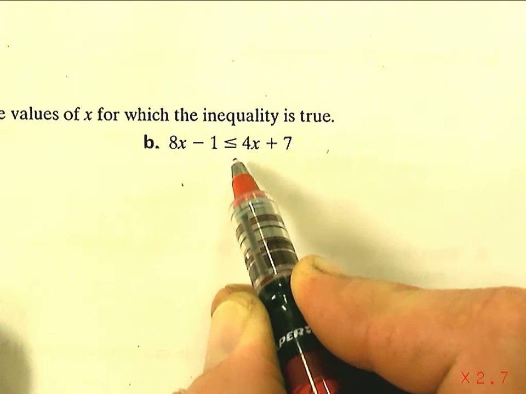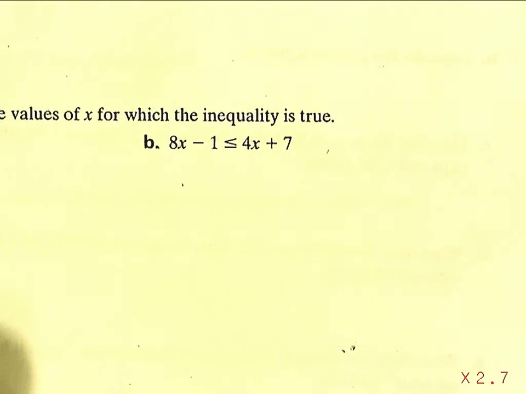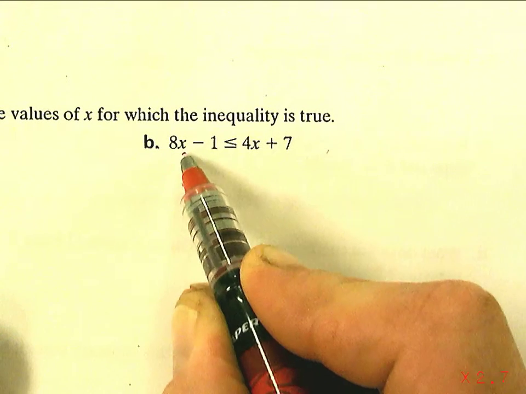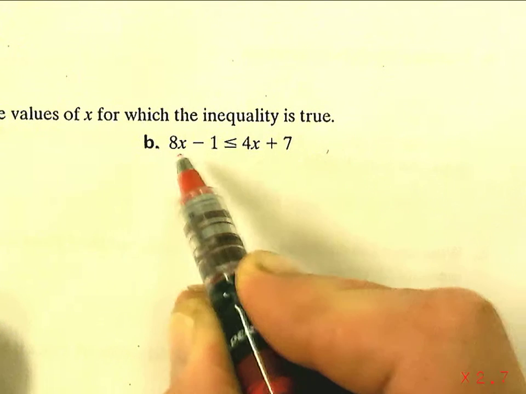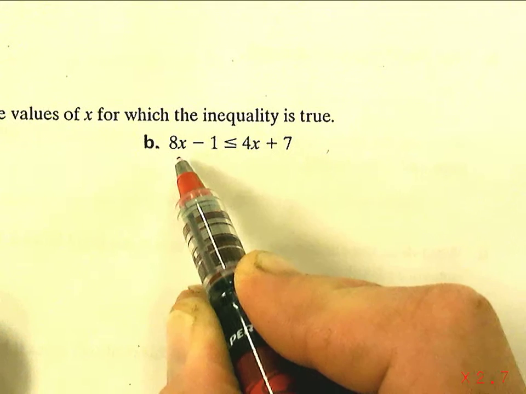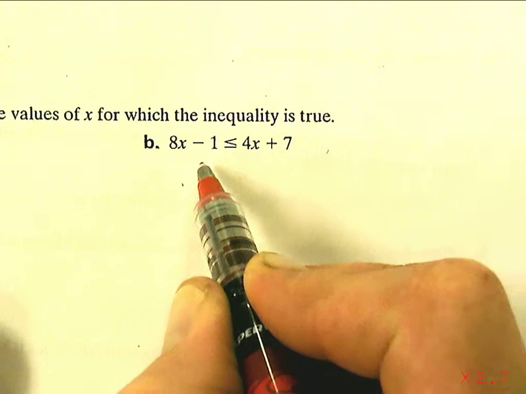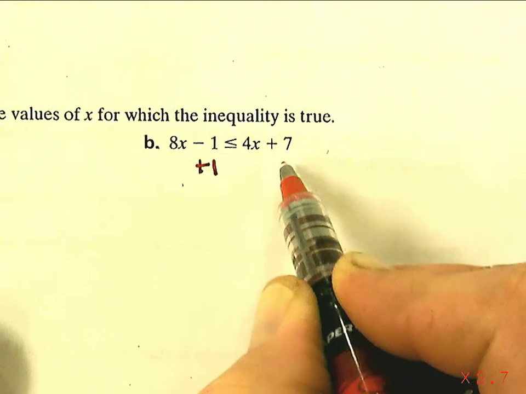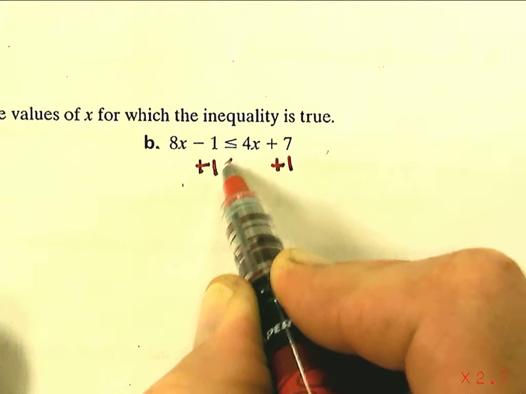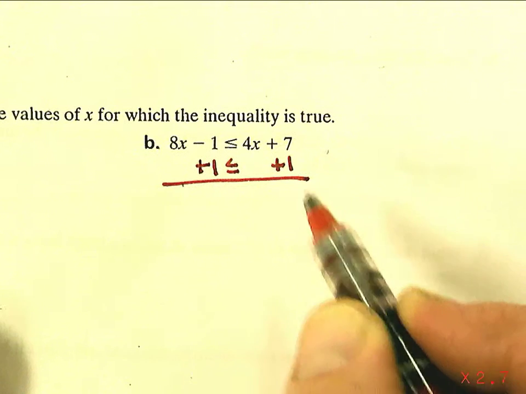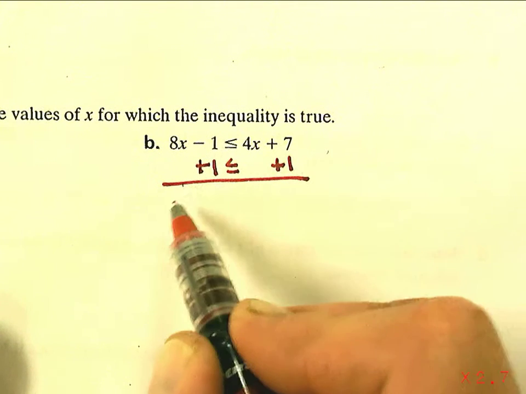Just think of it as an equal sign, and I'm going to solve this algebraically like I would any system where I have two equations and trying to solve for x. We actually want to find out what this x equals. And to do that, we have to get all the x's on one side and all the numbers on the other side. So to do that, I'm going to add 1 to both sides, which, when you're solving these problems, you want to do the same thing to both sides of the equation,